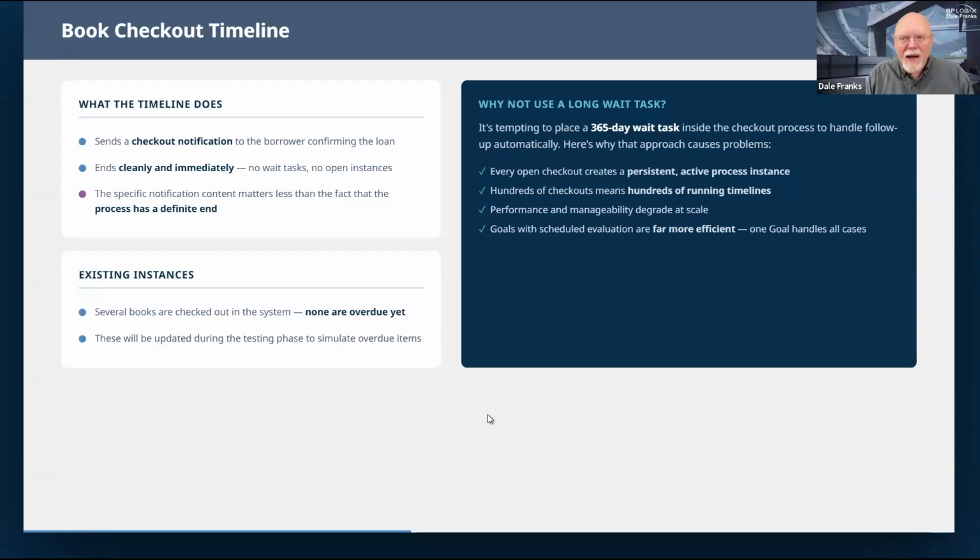And so there's no reason to keep that process running. Which brings us to a key consideration you have to think about whenever you are doing wait tasks. Is it okay, rather than having a wait task, if I end my process here at whatever step I'm at, and then some period of time goes by and I just invoke a new process?